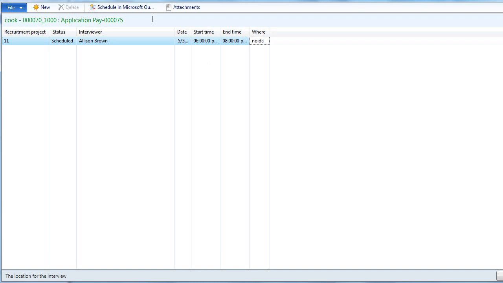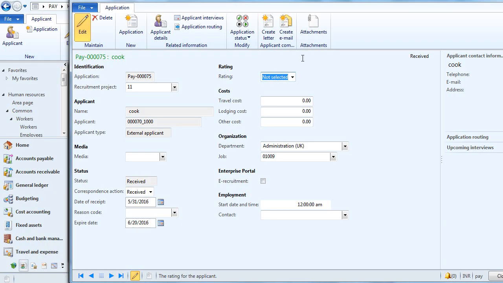And we can inform an interviewer by scheduling this interview in Microsoft Outlook. This is one of the important features that Microsoft has provided through which we can communicate with interviewers. This is how we maintain interview details.